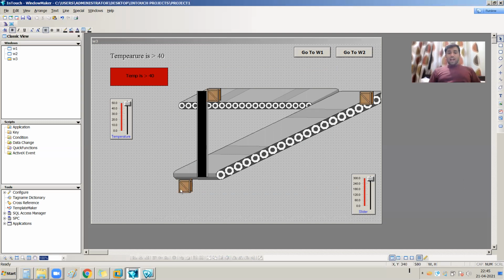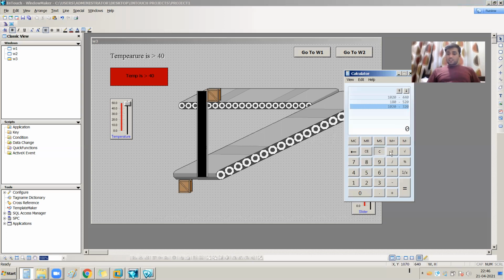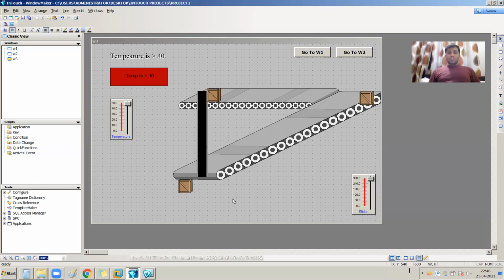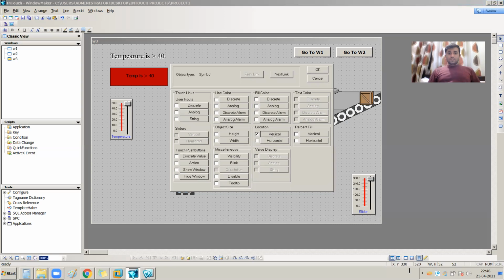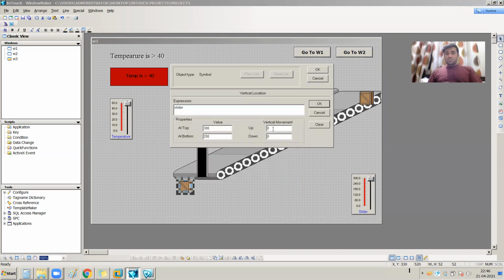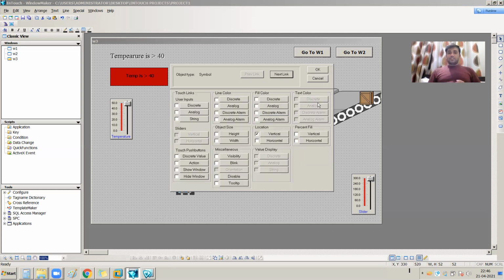And now I need to calculate the vertical movement. This is the default position, meaning the zeroth position of this box. So the bottom position is 0, and what is the top position? This is the top position that I need to calculate. Here the y-axis is 520 and here 190. So 520 minus 190 is 330. So from the 0th position to 330 it will move from bottom to top. So the down position is 0 and the up position is 330, this way.